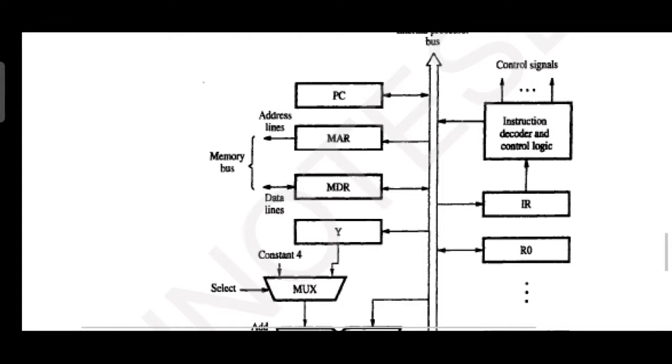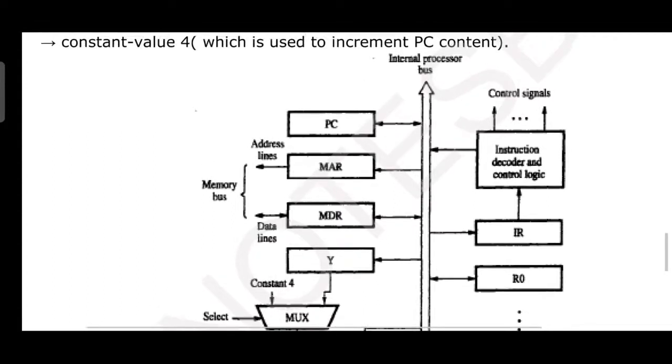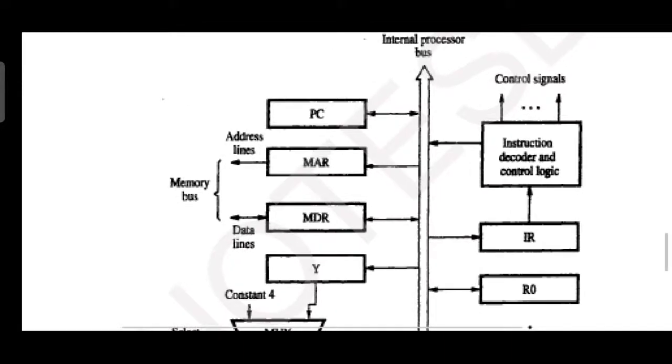It can either send data to the internal processor bus or receive data from the internal processor bus, respectively. So R1 is initially placed onto the internal processor bus and hence onto Y. Y is one of the intermediate registers used for computation. Since this data is needed for computation, place it on Y. Please try to understand.